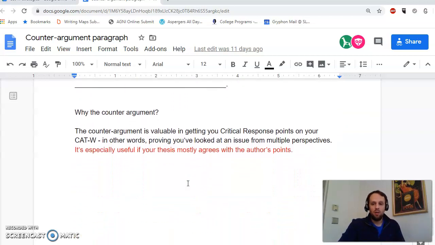And a brief note about why a counter-argument. The main goal of a counter-argument is to show, again, that you're looking at an issue from multiple points of view. And that shows a critical response. And that's really what a lot of academic coursework is in college and in academic learning. You want to show that you're not only looking at something with a narrow view, but you're at least thinking about what the other side